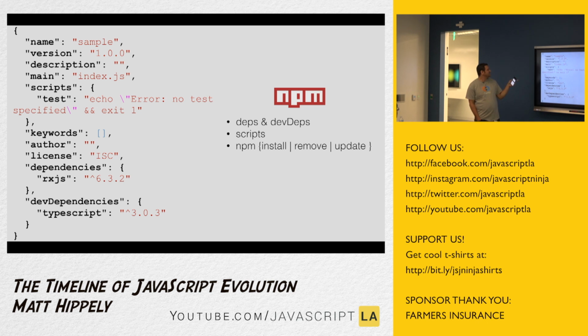So real quick, this is just a sample NPM package manifest, and I want to highlight three things here that I think are important for understanding what NPM is and what it does for you. It lets you organize your dependencies, which turns into a little JavaScript object, and it basically tells you what the name of your dependency is and what version you have in your project. And dependencies are things that are going to get packaged up and used inside your app when it's delivered to